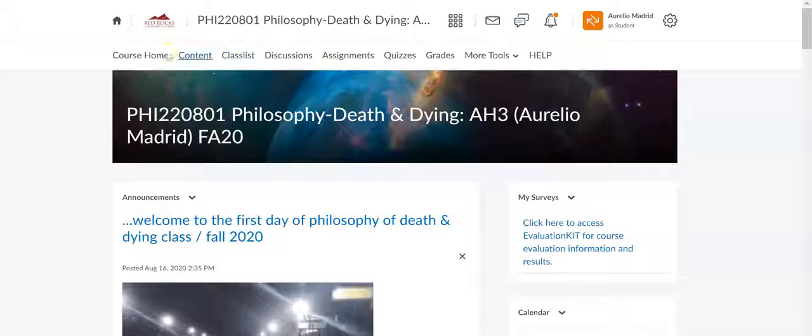Then up here, this is basically our toolbar. This is where you'll find your grades, obviously. Quizzes, that's where we will have our midterm and likewise our final exams, okay? Then we'll be working with discussions and assignments, alternating depending on how we need to work the assignment or the discussion, okay?